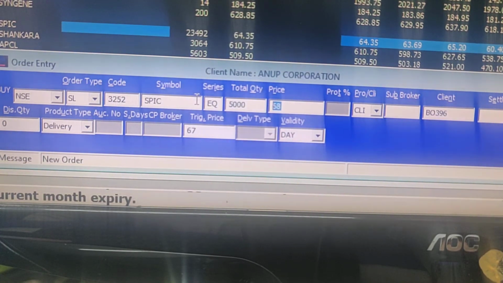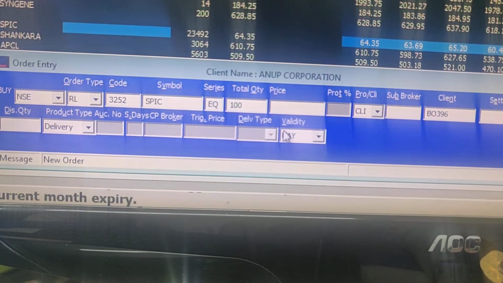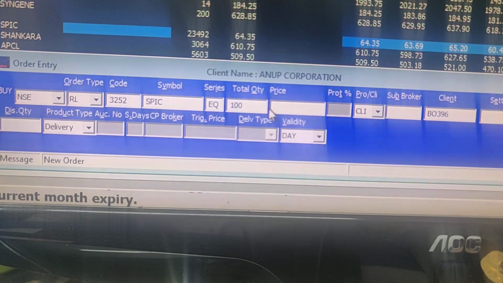Then there is one more thing. If you don't put a price here in a regular lot order, if you don't put any price, then the order will be executed at the market rate. Whatever rate is available, at that rate the order will be executed. This is because many times you put a small quantity order at a particular price, but there is a very small seller at that price, then you have to again revise the order, go into the pending order and again revise it. So this is an option which you can use for giving a market rate order.